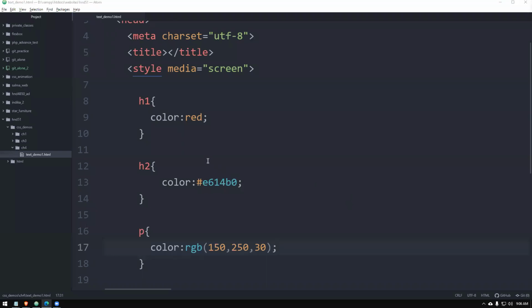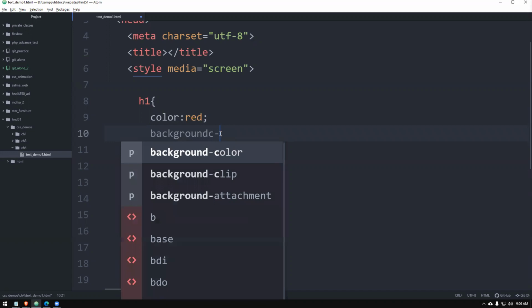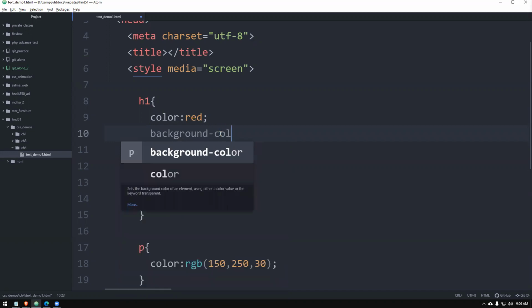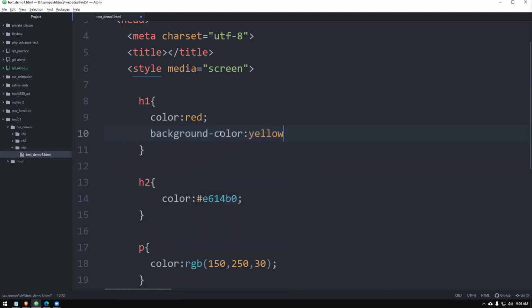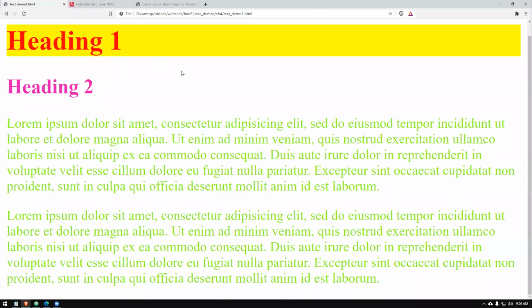Then if you want to change the background color of the text, you can simply use the background property we learned, which we did last class. So we don't have to do that again, right? Not going to do it today because we did it under background session last week. Okay, so that's about the background color.